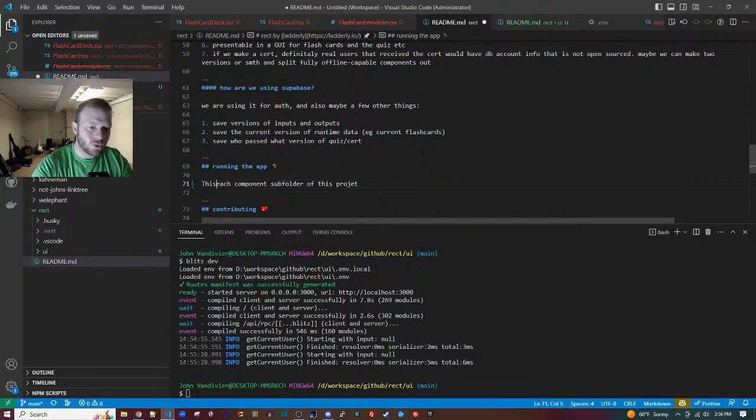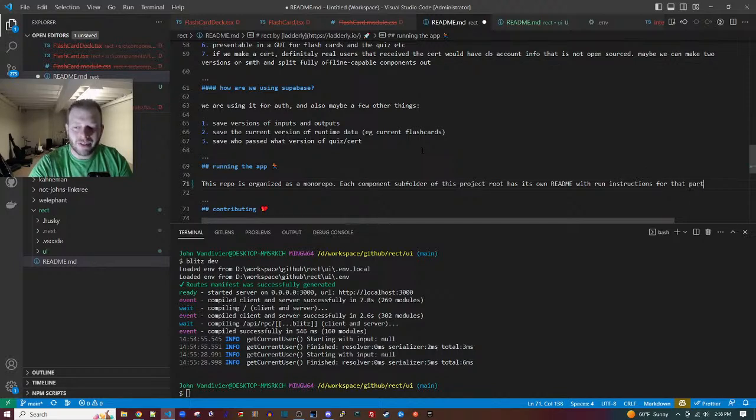So this repo is organized as a monorepo. Each component subfolder of this project root has its own README with run instructions for that particular component.